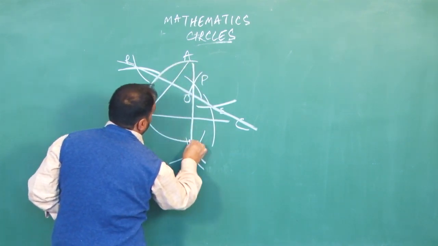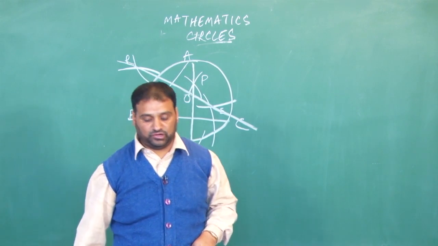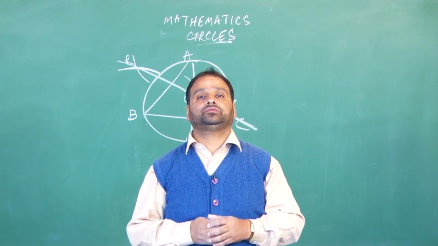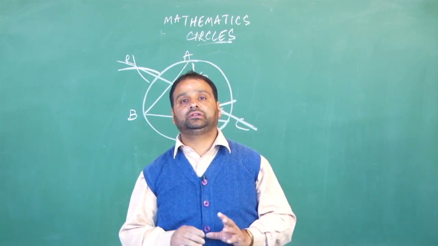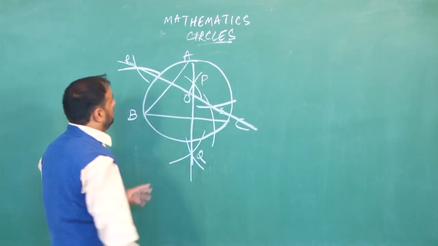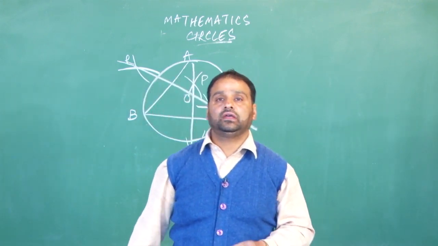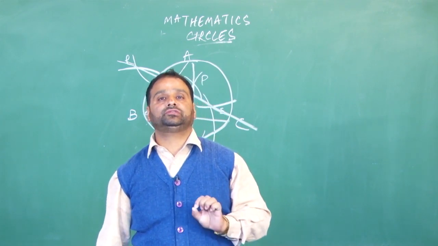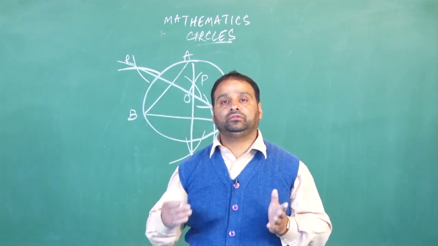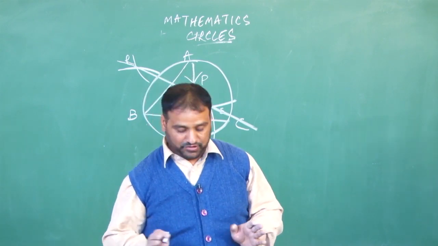You can find out that only one circle passes through three non-collinear points. This way, we understood that only one circle can pass through three non-collinear points. It's an important result of the circles. Hope you understand this. Whenever you are given a circle without center and you are told to find the center, again you can put three non-collinear points on the circumference, join them, and draw their perpendicular bisectors. The point where the perpendicular bisectors meet is the center of the circle. Hope that you understand today's